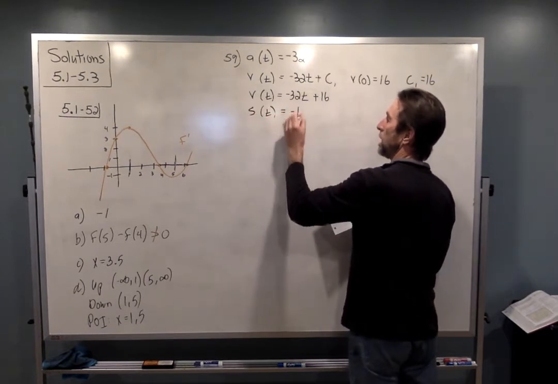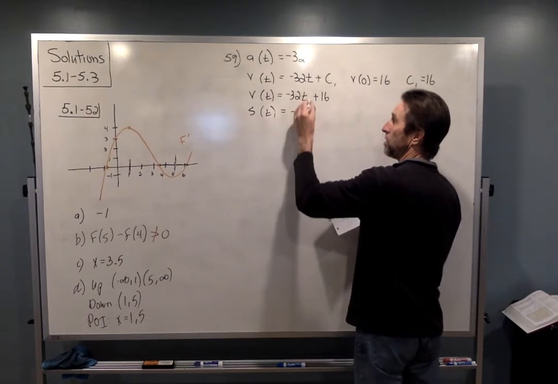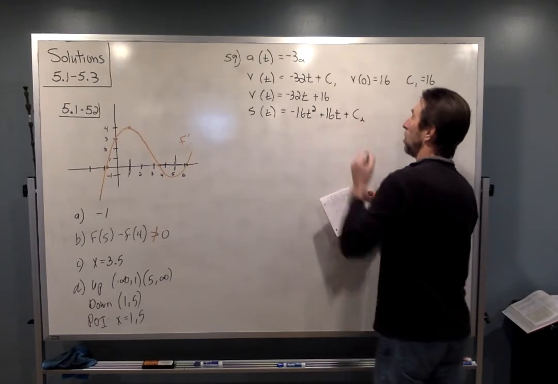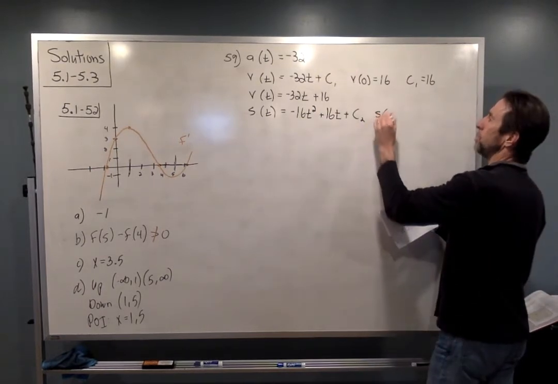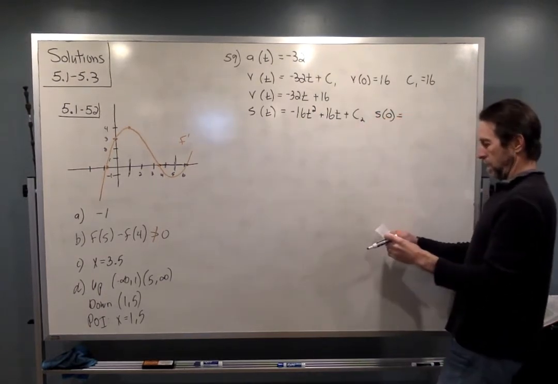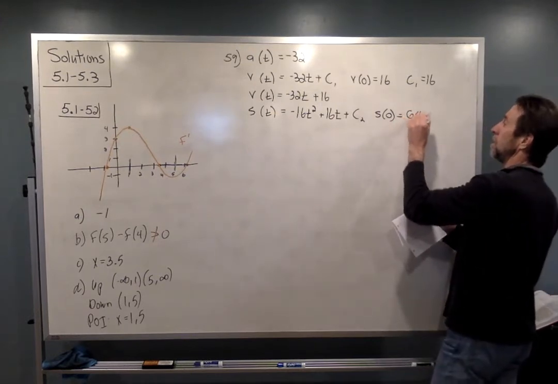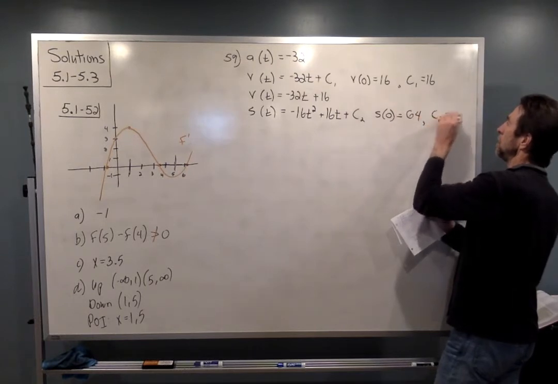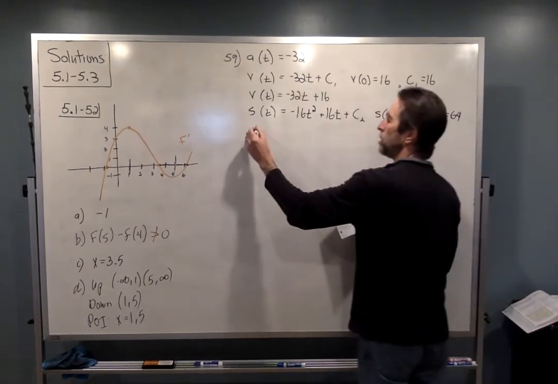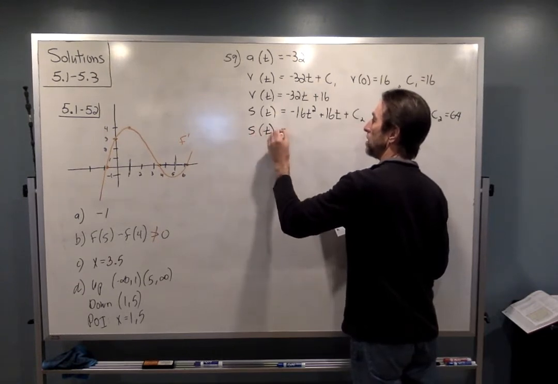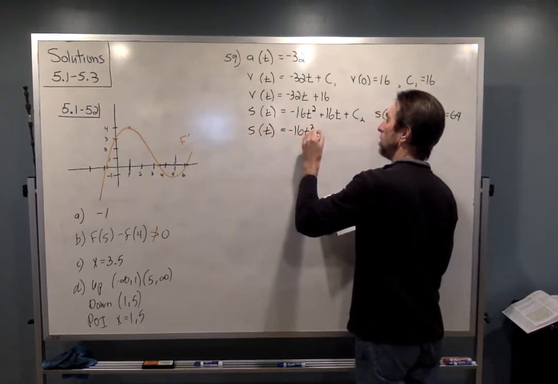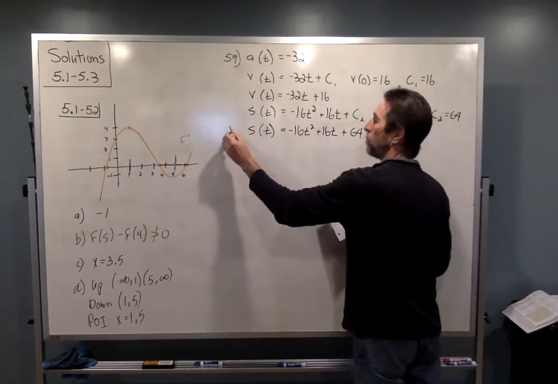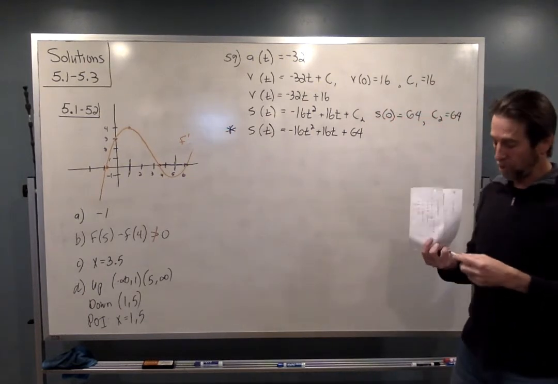The position is going to be -16t squared, just by finding this antiderivative, plus 16t plus another constant. I'll call it c2. We are told that the position initially is 64 feet. So what that means is c2 is 64. So now the position function is -16t squared plus 16t plus 64. Now, many people could have gotten to this without going through this whole derivation,